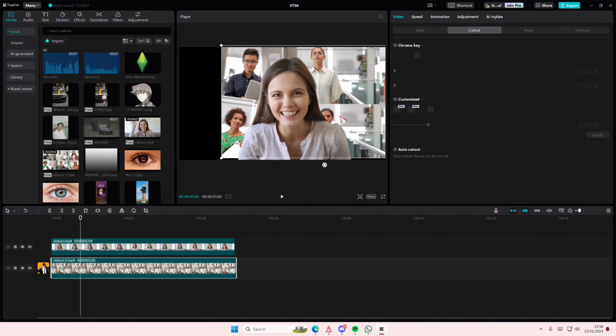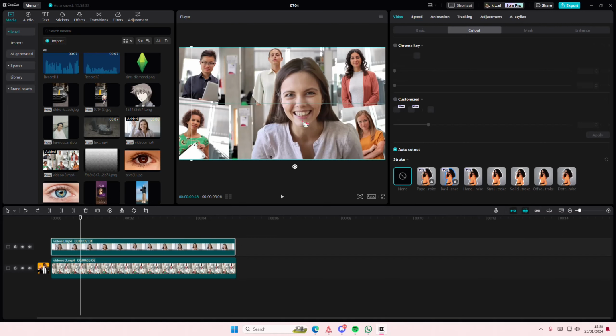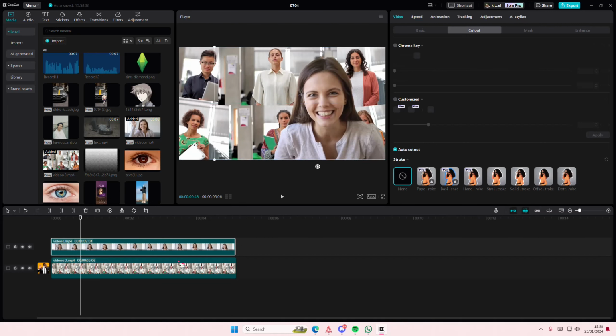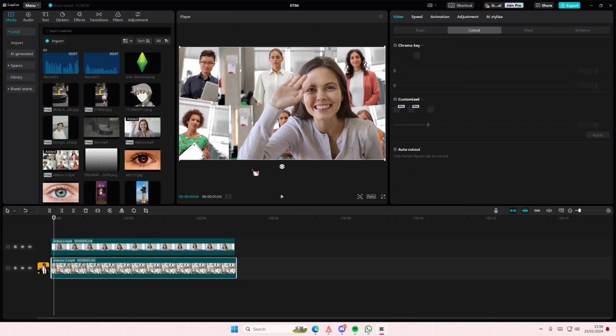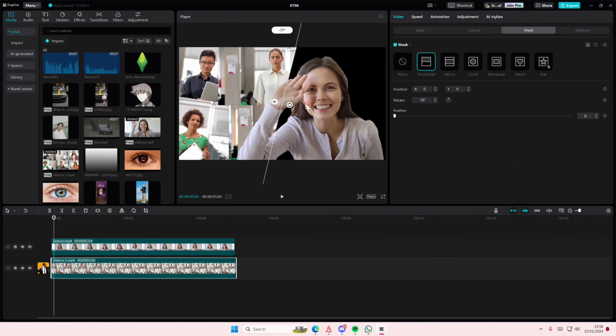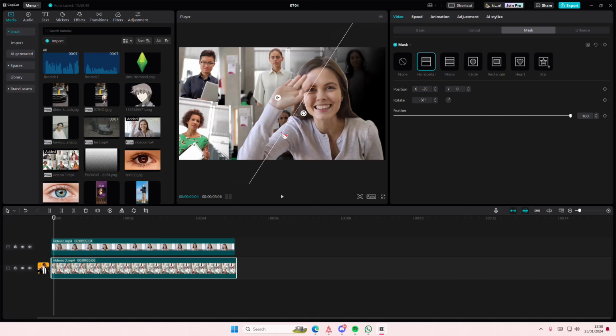You can place the person kind of to the right a little bit so it's easier. I'm just going to select the background and I'm going to select mask, and I'll select the horizontal one and I'm just going to rotate it. This way you can even rotate it, select it like this, and you're just going to simply mask it and feather it out, and you can adjust where you want the mask to be, maybe